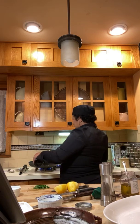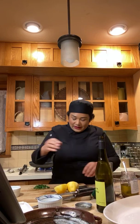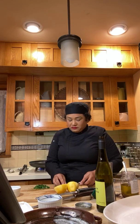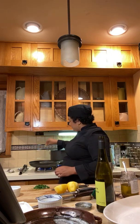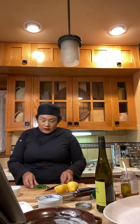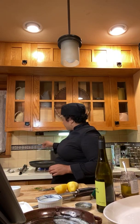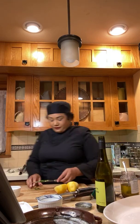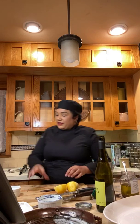Maybe a little more. Right? And then I've got the lemon that I zested, which is about a tablespoon. Right? And this is the part when I'm going to put in the parsley. And then I'm going to add the butter, the rest of the butter, because I only added half at the beginning. So butter,